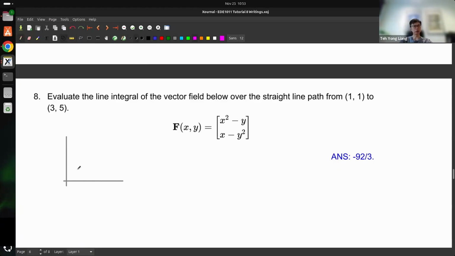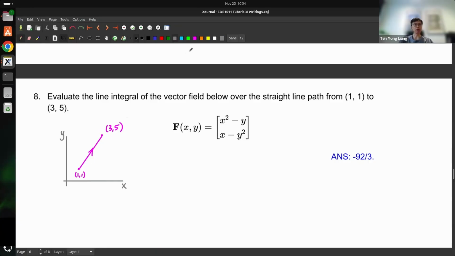So 1, 1 is maybe here, and 3, 5 is maybe here. That means the path must go from 1, 1 to 3, 5, and it says that it is a straight path, in this direction. In this case, your path equation can be worked out